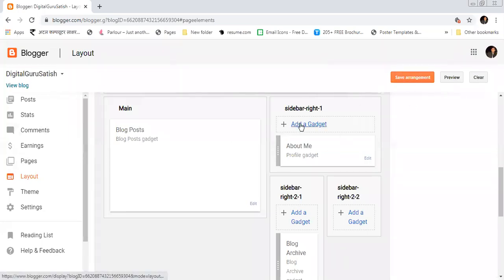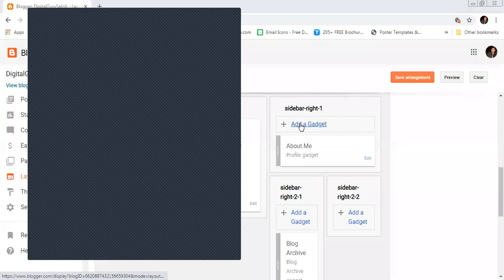So add a gadget. If you want to add some gadget in your sidebar, you can add it with the help of this. Blog search, I'm adding here. Save it. You can see here, after saving, search this blog and about me section.